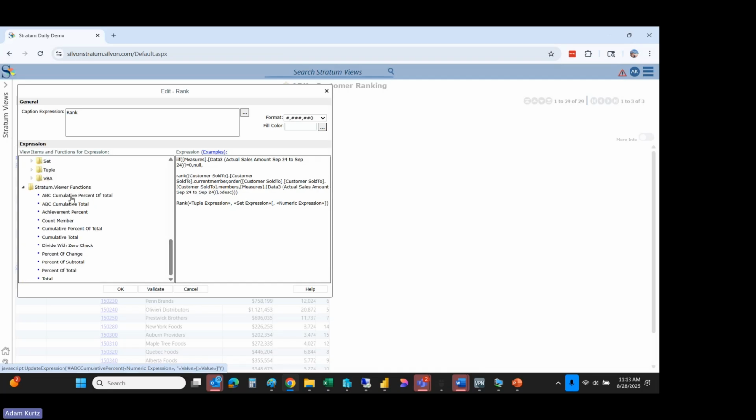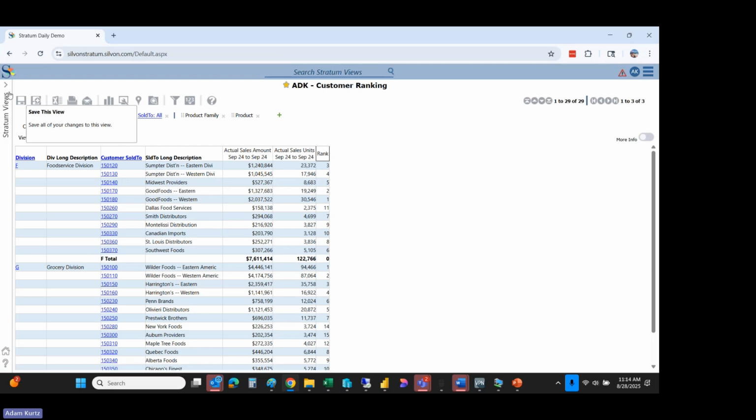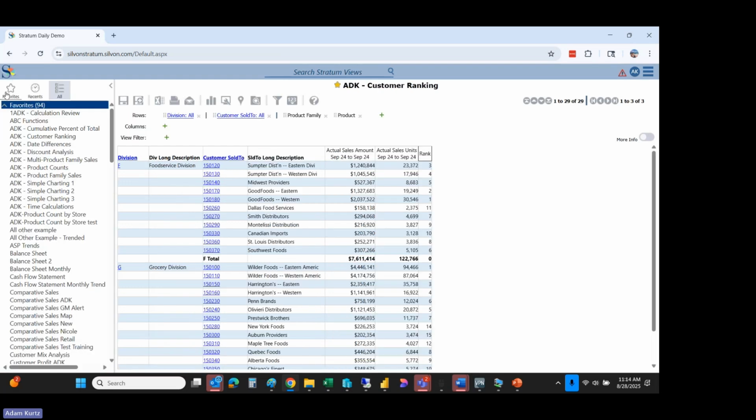But I don't believe, yeah, it looks like we don't have something easier for the ranking. There is a count, and we'll look at that. But this is probably the more challenging calculation to do. If we want to do something really simple like a variance, let's look at that. So if we're going to go into a variance calculation,